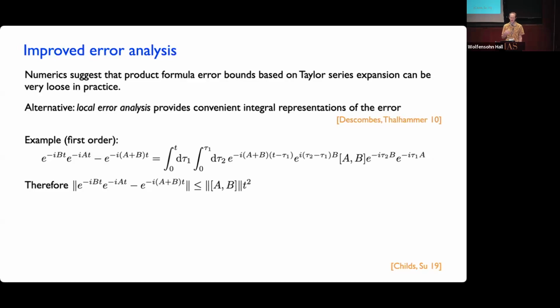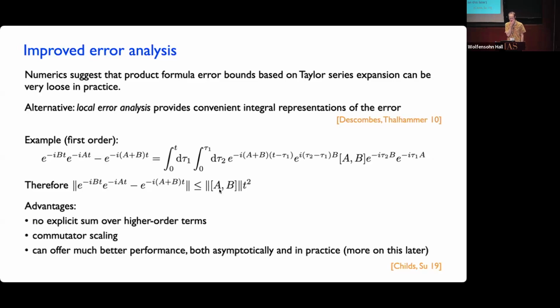So this tells you that you can give a bound that doesn't just depend on the norms of A and B separately, but depends on their commutator. And if their commutator is a lot smaller than the product of the norms of A and B, this can be a much better bound. This is nice because it gives you this commutator scaling. Also, this is somehow capturing the effect of all the higher order terms. They're all in there, right? There are all these cubic and fourth order contributions that in principle you have to add up, but we don't have to explicitly sum over those. And this can give us much better performance for algorithms for Hamiltonian simulation.